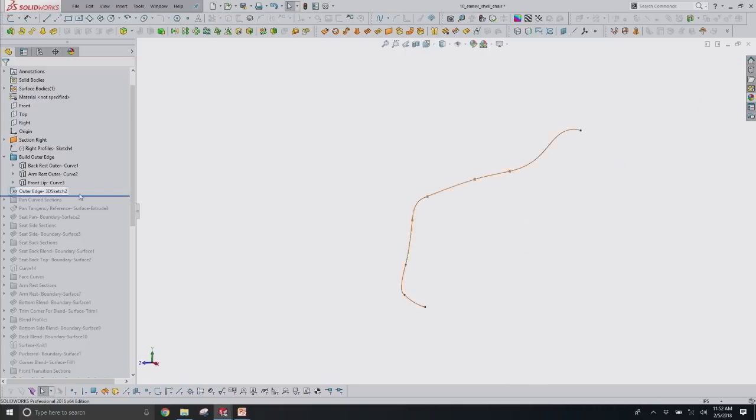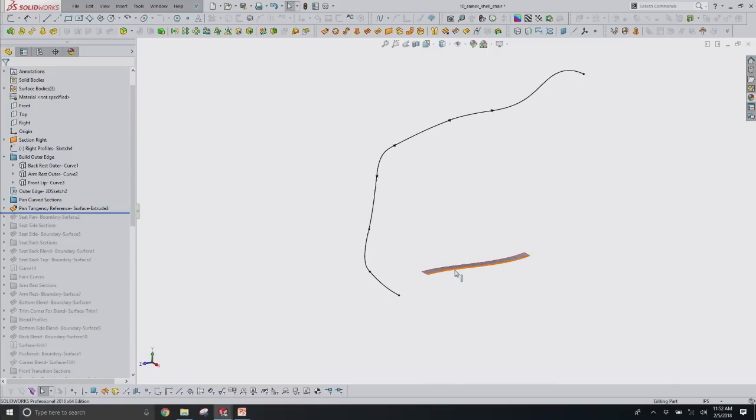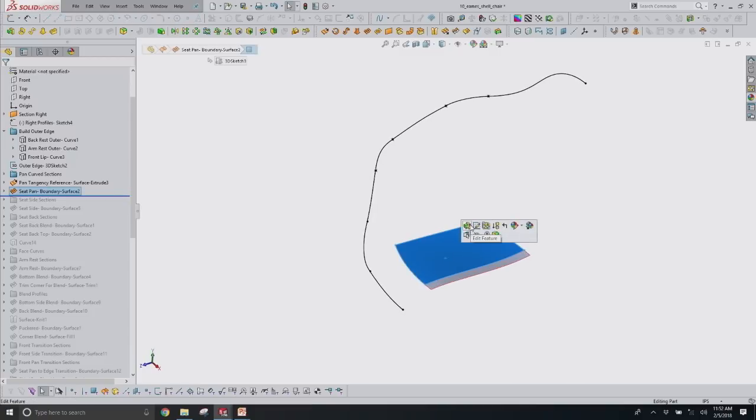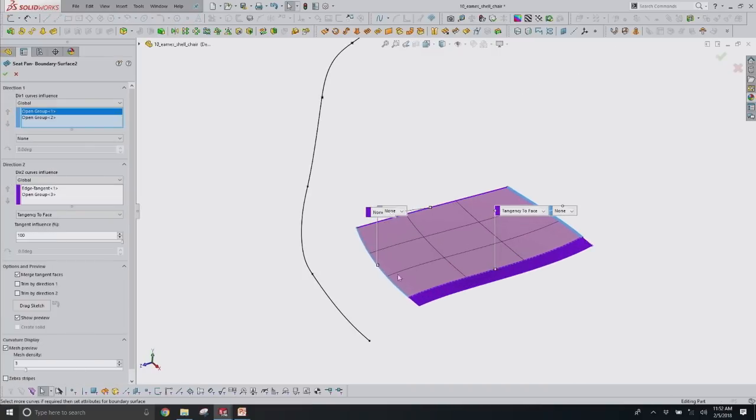So I have the perimeter. Because this was a model from the scan, there are some additional surfaces that are required. This is a situation where I needed to create a reference for the mirror plane. I'm only going to model half of this chair, and then I'm going to mirror it over, creating the large four-sided boundary surface. So here was a situation where I had a sketch on a plane, and then I had